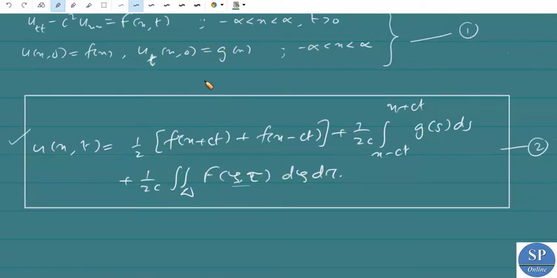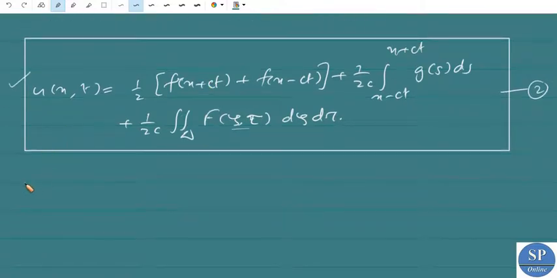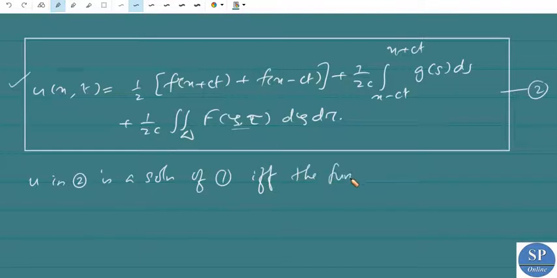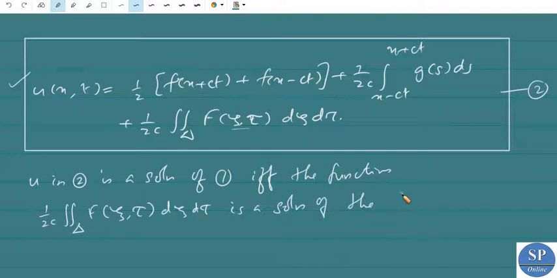That is, u is a solution of the Cauchy problem 1 if and only if the function 1 by 2c double integral over delta of f of zeta tau d zeta d tau is a solution of the Cauchy problem